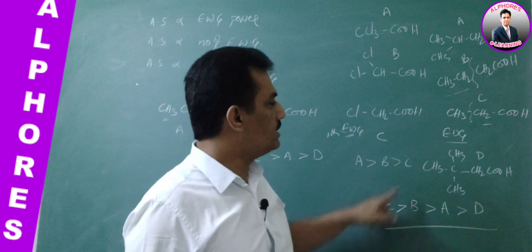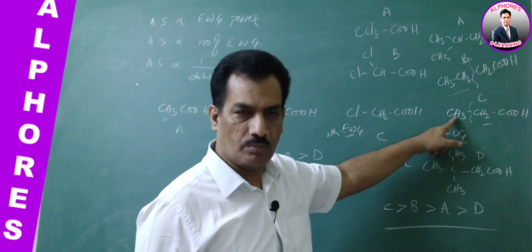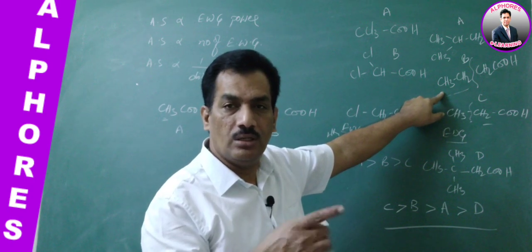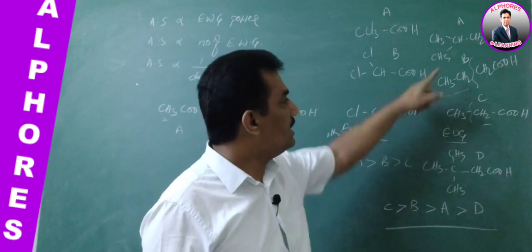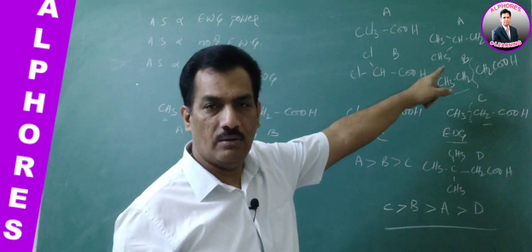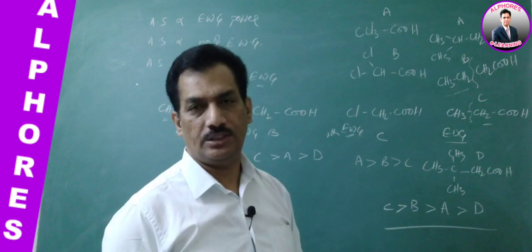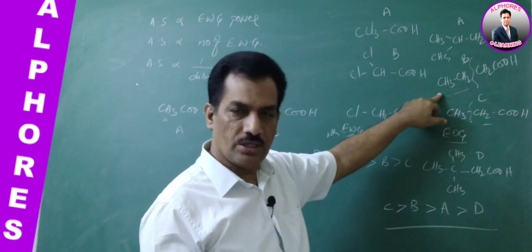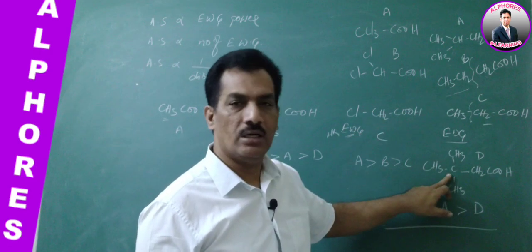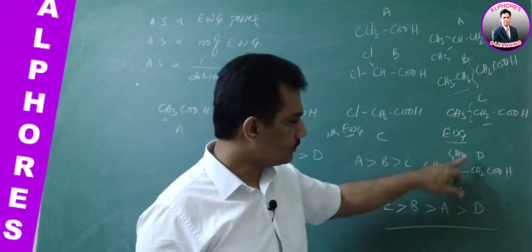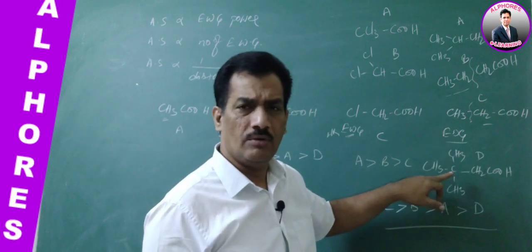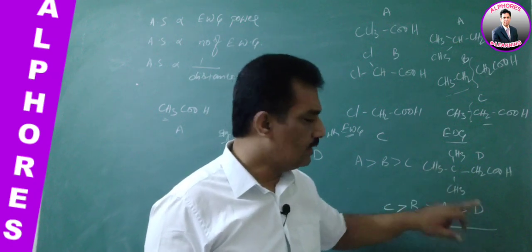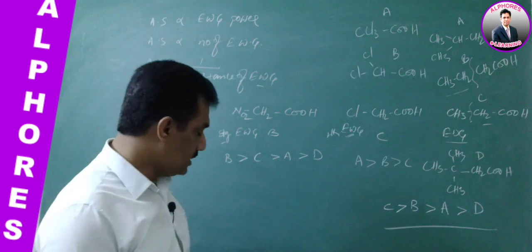It is nothing but C is having only one methyl group, whereas B is having an ethyl group. With increasing the number of carbons, inductive effect increases, and A is having isopropyl, that means 3 carbons present in the alkyl group, still more compared to B. That's why acidic strength still decreases. And in this case, tertiary butyl, with increasing more number of carbons, inductive effect increases, and that's why it is having the least acidic strength.